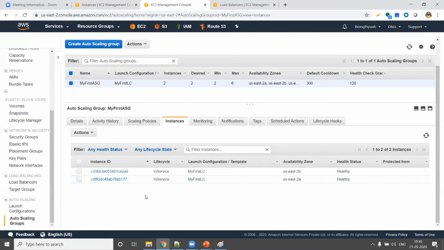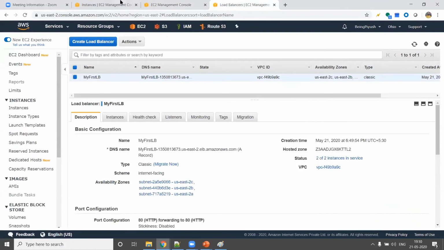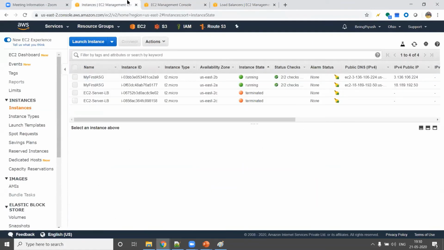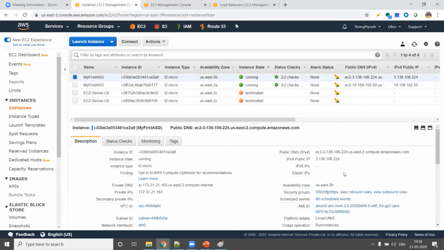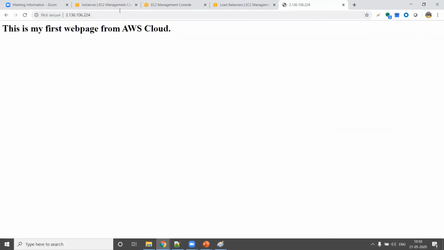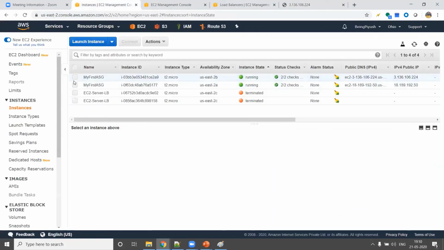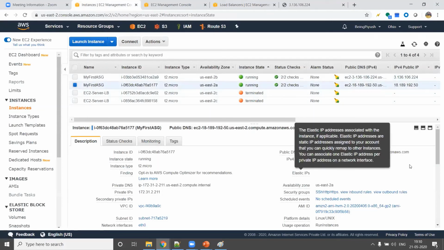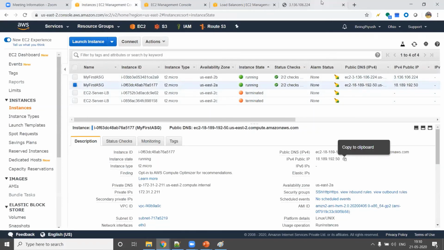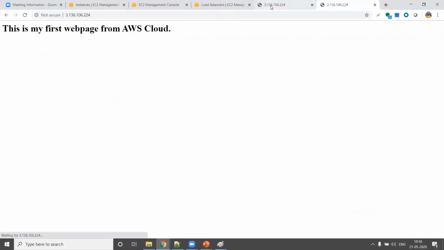And these are the 2 EC2 instances which have been created, and the lifecycle is in service, and health status is healthy. Now how to test whether these EC2 instances are behind the load balancer? So the very first thing you can do is either go here and copy the public IP and check it. Now it is showing, right? And come back here and go to the second and copy the second IP. So that means both the EC2 instances are working fine. You could see that both the EC2 instances are working fine.